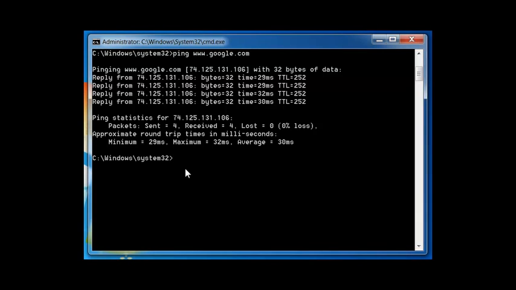Finally, let's ping a device that doesn't exist. This is going to yield the same kind of results if a device wasn't actually working. So if your router was down and you pinged your router, you were not going to get a response from it. So let's see, ping